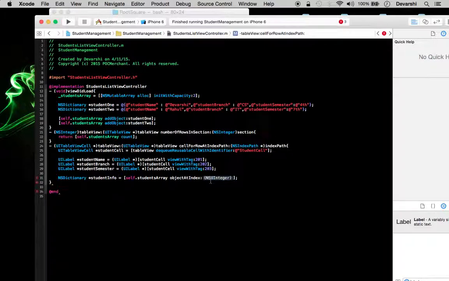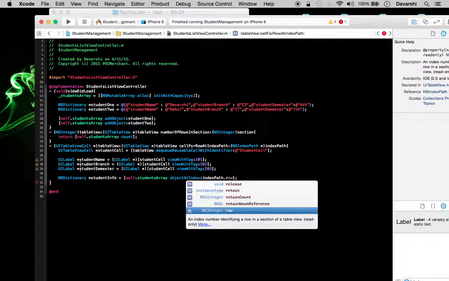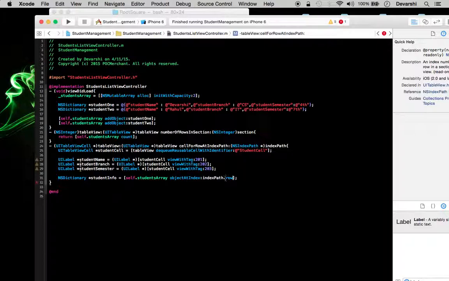Now in this I need to pass the index number or the row number, which we can get from this index path. So I have copied that. I will go here and paste it, and then on index path I will invoke its property row. So in this way we will be able to access data.